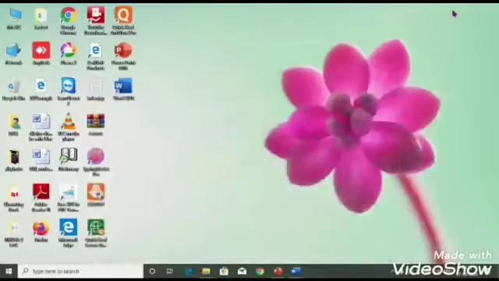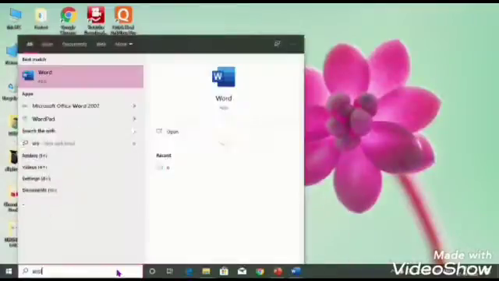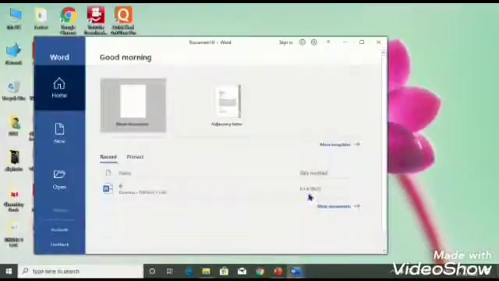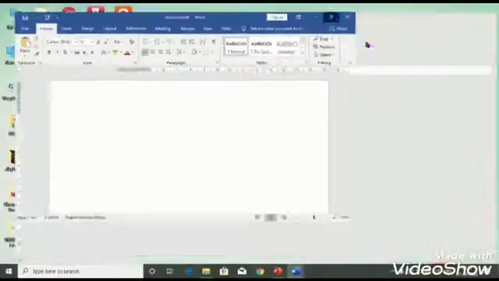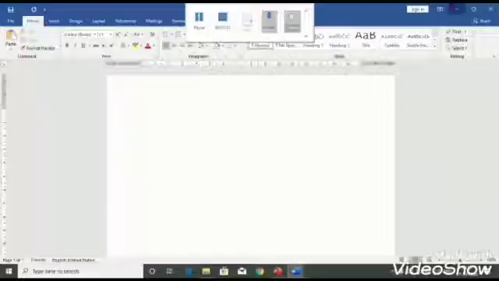Next, we have to type Word in the search bar and then we get the option of blank document. This is the way.